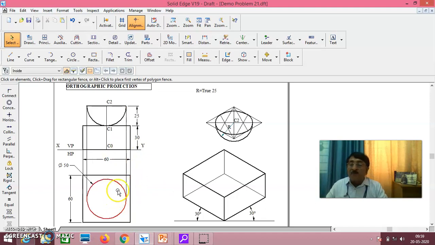The first solid is a square prism of side 60 and height 30. The second solid, looking at the circle and the semicircle here, you should know that it is a hemisphere of diameter 50. Now, what exactly will I do? I have done this separately and this separately already in the last session. This is already ISO, this is ISO 50, ISO 50 square and all that I've already done. This is already isometric projection, but this I have not converted into isometric projection as of now. Now we'll convert this into isometric projection.